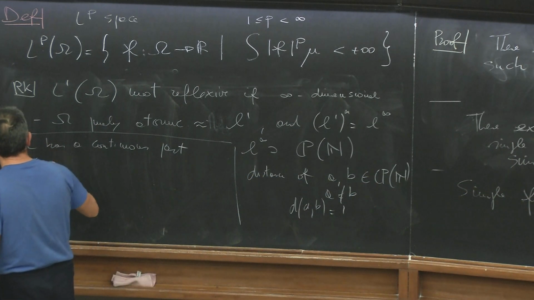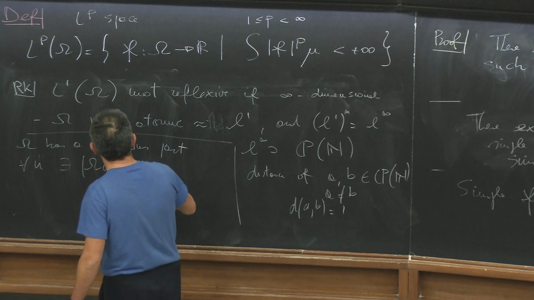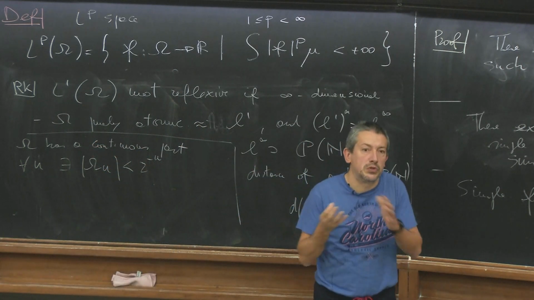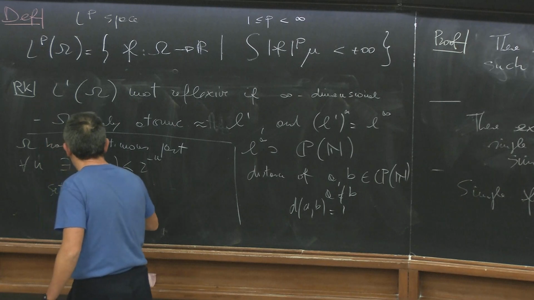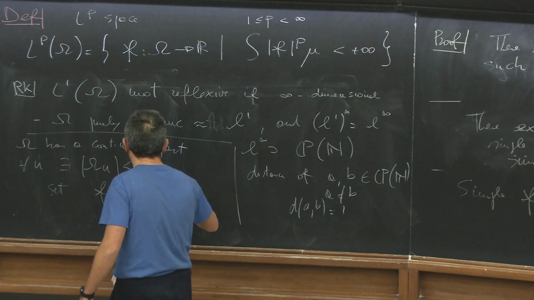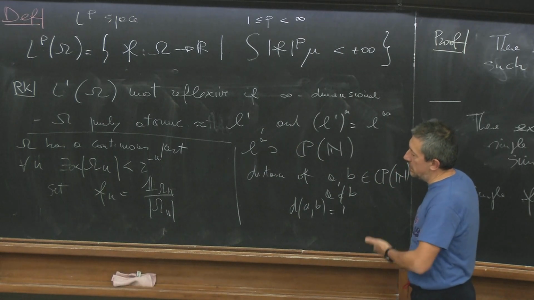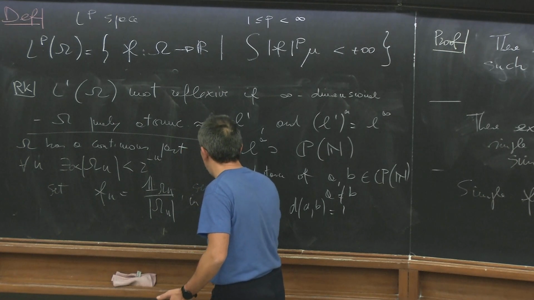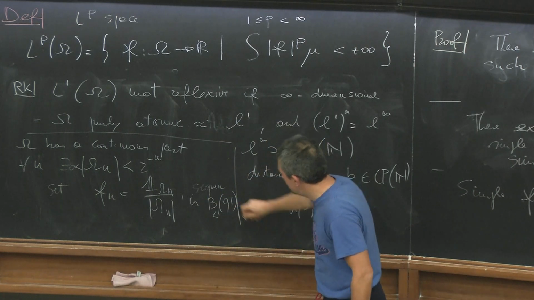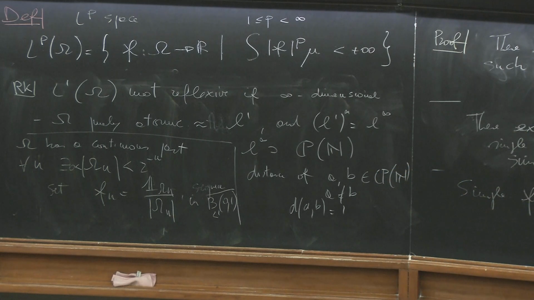So for all n, the measure of omega n is less than 2 to the minus n. So you have some continuous part. Then set, okay, now what we do, the characteristic function of omega n divided by the measure of omega n. And so this is a sequence of functions in the unit ball, in the closed ball of L1 centered in 0, radius 1. So if it is reflexive, it should converge weakly. But the dual being L infinity,